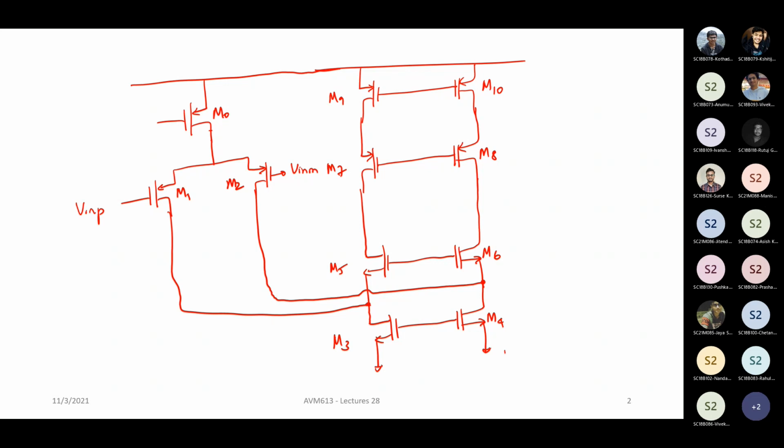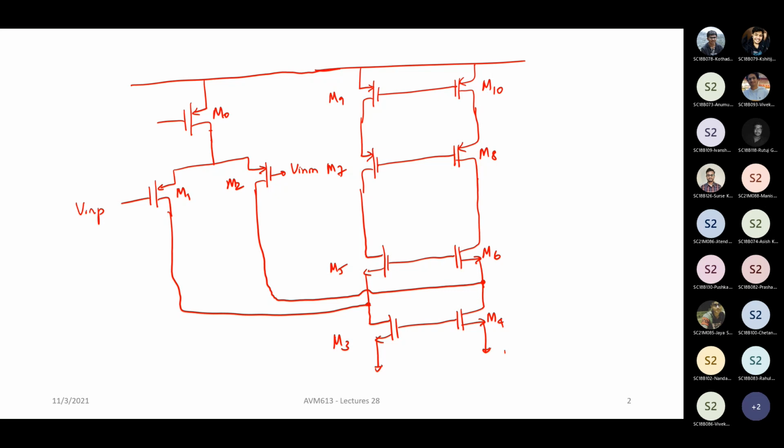Now, we saw at DC how things are going to behave. We also looked at the effective transconductance in the previous class. We looked at the bandwidth, the poles, the dominant poles, the non-dominant poles. We saw that in the case of a fully differential system, there are only two poles, and in the case of a single-ended output, there are multiple non-dominant poles because of the asymmetry in the circuit. Those are the things covered in the last class.